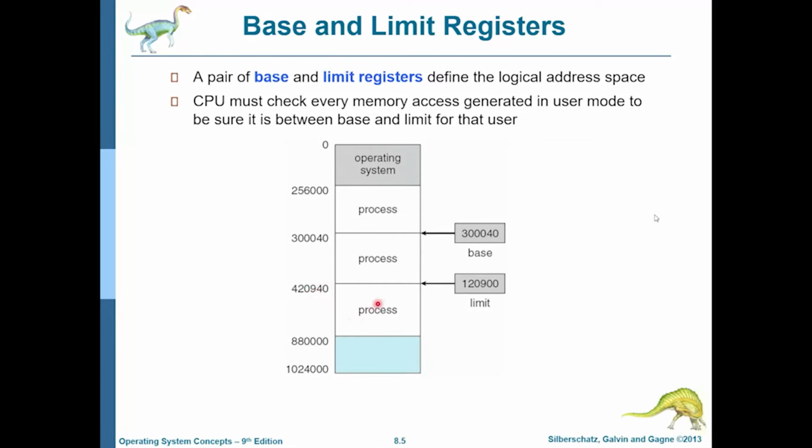Well, this address belongs to the next process. So whatever you get by adding the base and the limit, that is exclusive. That is not included in this process. So all memory addresses, including the base, but excluding the base plus the limit, this entire range, that is fair game. Those are all legal addresses for this process, and it can only access memory regions in that area.